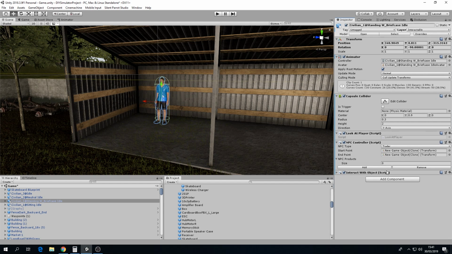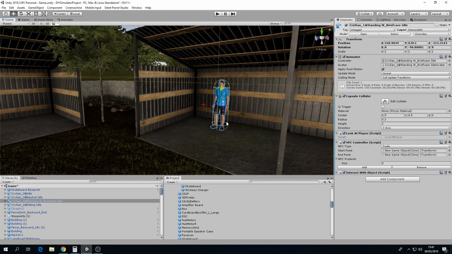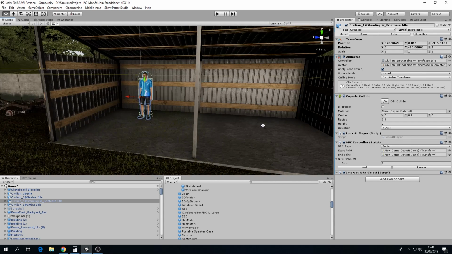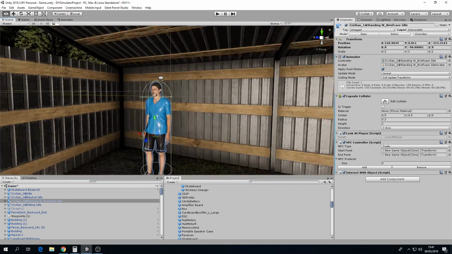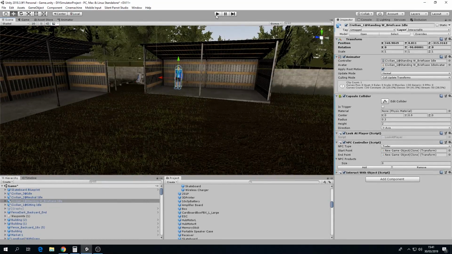Interact with object is a script that I made that allows you to interact with this object. And yeah, that's maybe all. This look at player script I made to rotate the head toward where the player is, and that's all. Now if you want to see how it works,